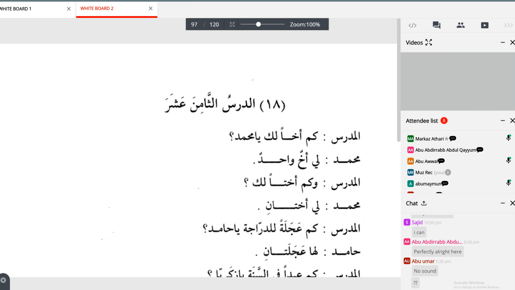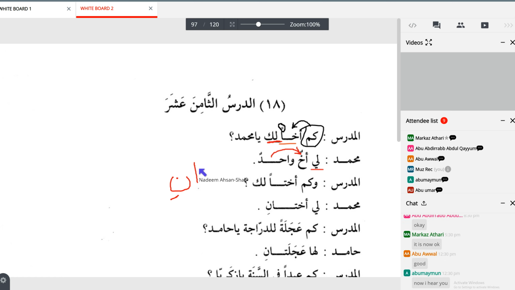No problem. So you add alif. So what I was saying was that so far we have learnt that in the Arabic language you have two groups of nouns: the singular nouns and the plural nouns. Singular being mufrad, and that's what we learned from the very first lesson. And we also have al-jam',